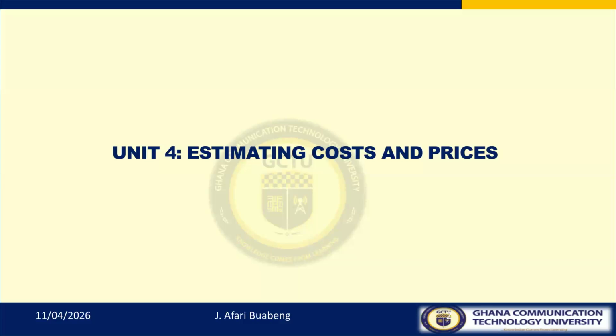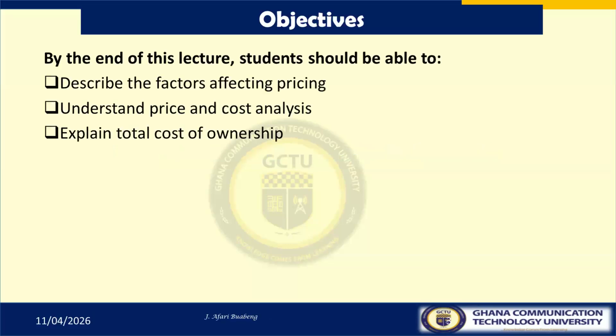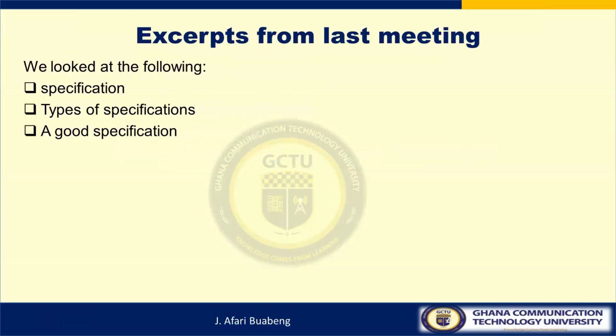Okay, so today we are looking at estimating costs and prices. Estimating costs and prices, that is Unit 4, meaning we are left with, I think, 2 more topics, and then we'll be done for the first part of business needs 1. And these are the objectives. But before we go into today's topic, I think during the last meeting, we looked at specifications,